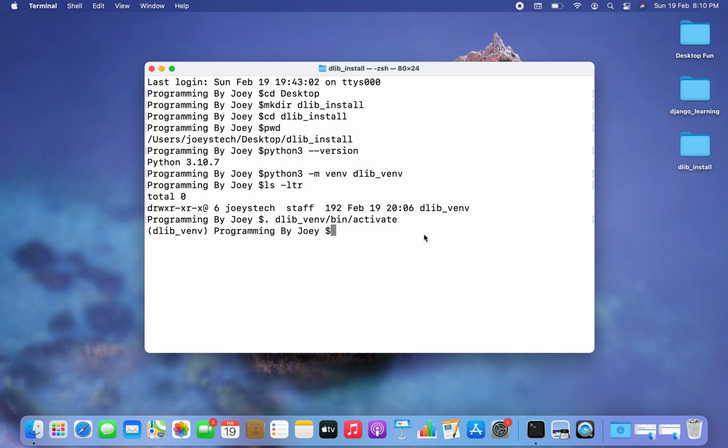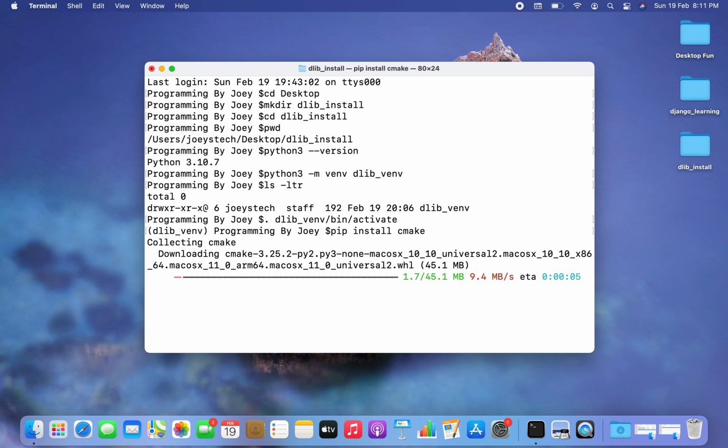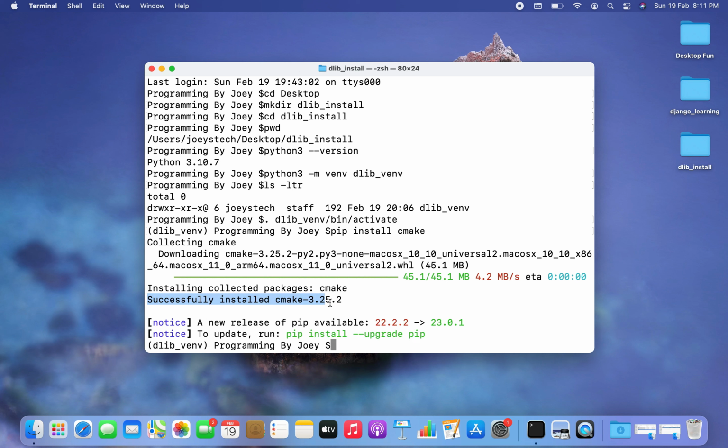Now before we begin installing the Dlib library, we need to install cmake. What is cmake? It's a cross-platform, free and open source software tool for managing the build process of software using a compiler independent method. So Dlib installation is heavily dependent on cmake. So let's first install cmake. The command will be pip install cmake. I hit enter. The installation has begun. And there you go. It says successfully installed cmake